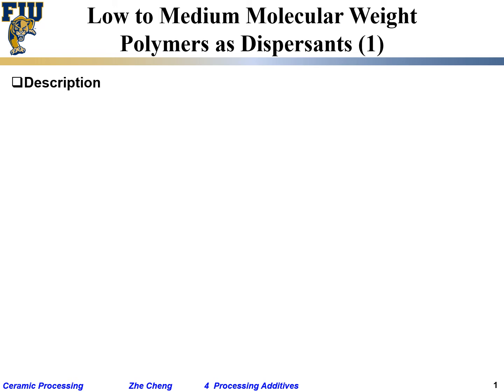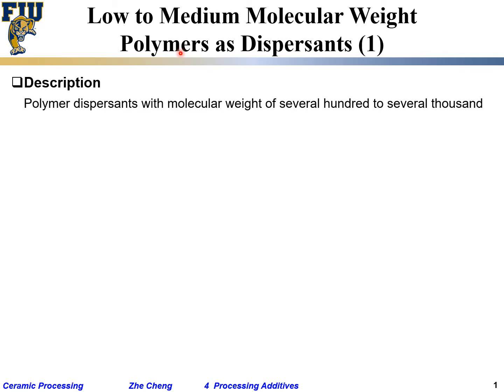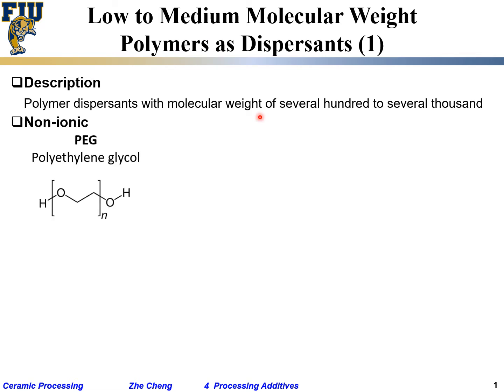And sometimes people also use polymers as dispersants. People add polymers as dispersants to help the particles distribute uniformly in your solvent. Polymer dispersants have molecular weights of several hundred to several thousand, and there are non-ionic polymer dispersants: